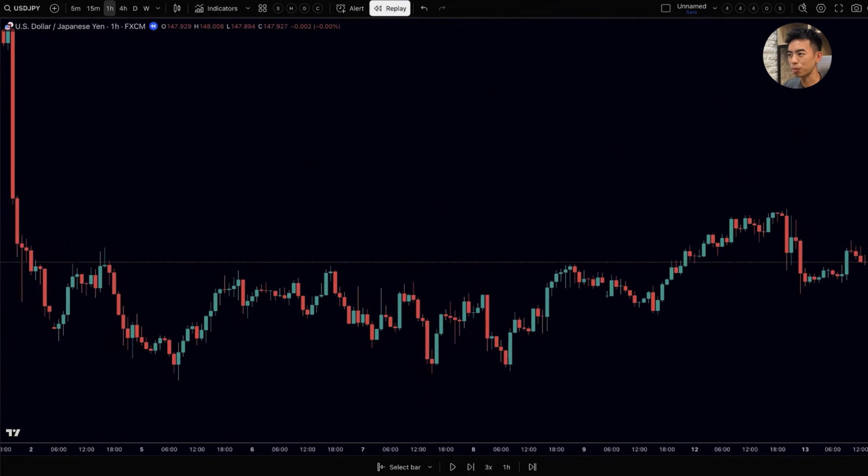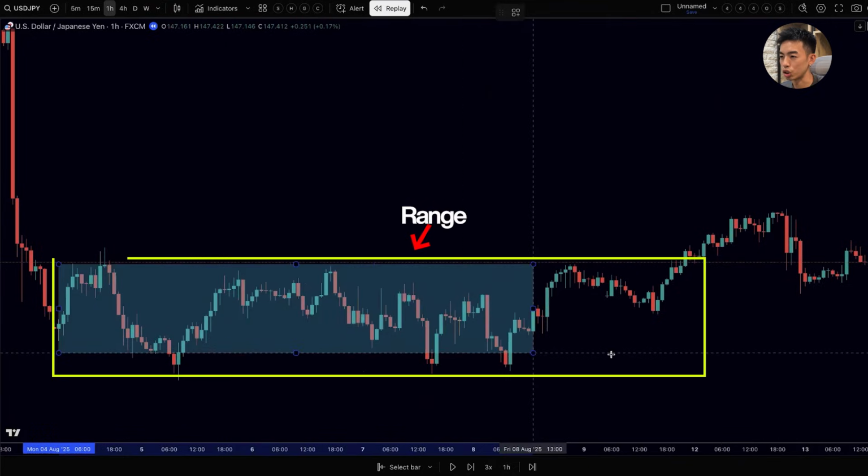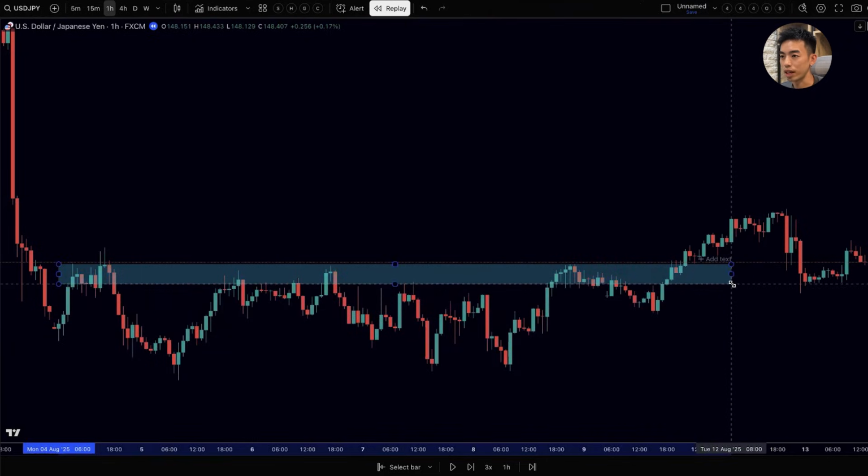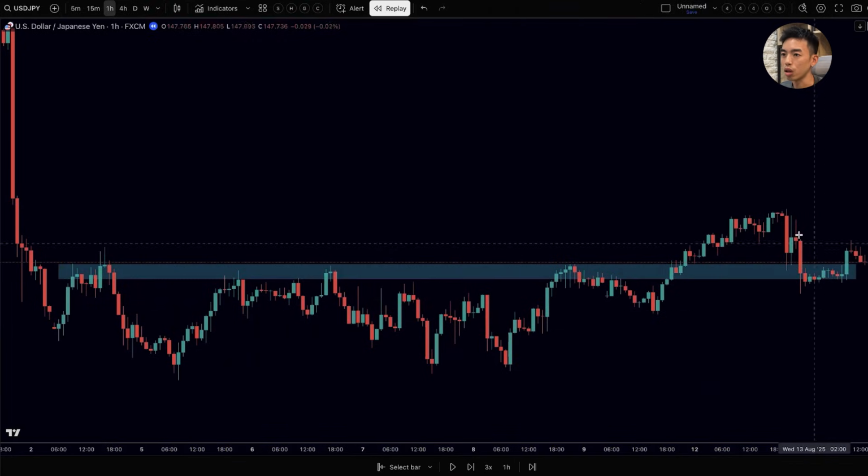So this is the setup that you saw earlier. We have a breach towards the upper side here, breaching out of this huge range, this range right here. Now, typically a breakout of a big range like that would find itself doing a retest to resume to make new highs. Now, if we really finesse that area, we broke out of this zone here, we came back for